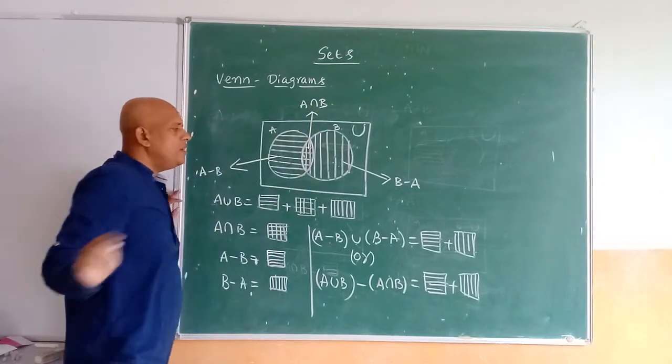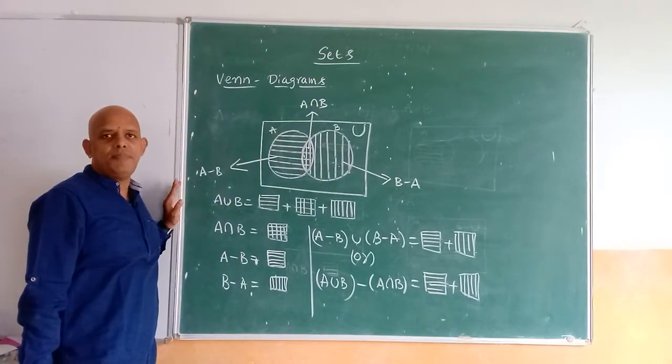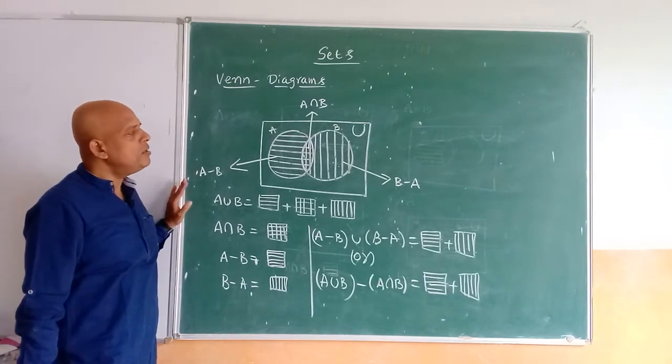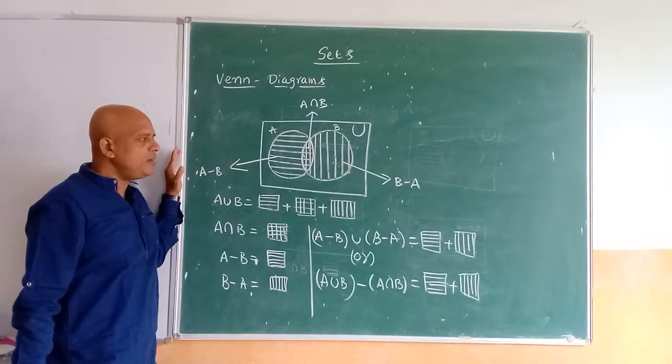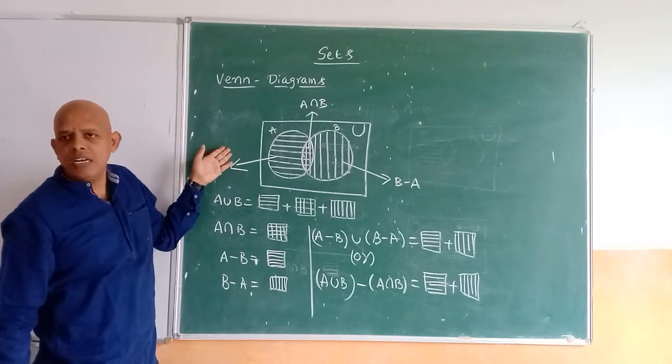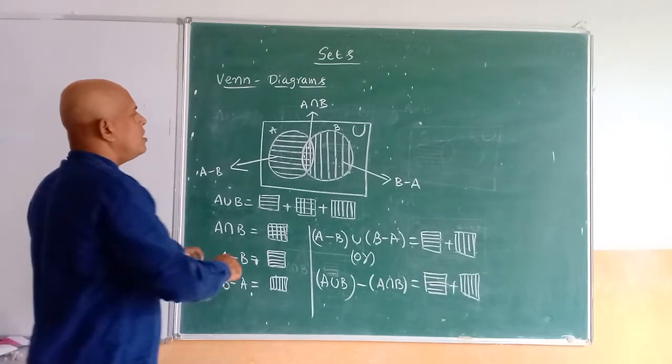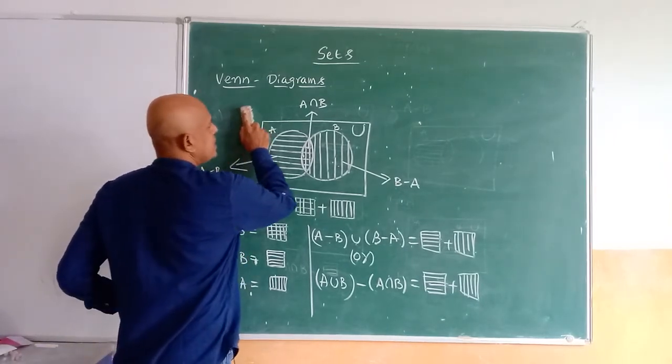This is very important in Venn diagrams when the elements are not given. In the last class we already discussed the case when the elements are given. In that way, by using the elements, we can represent the Venn diagram. Without elements also we can represent the operations in the Venn diagram. Some more concepts are there, that is about the subset.